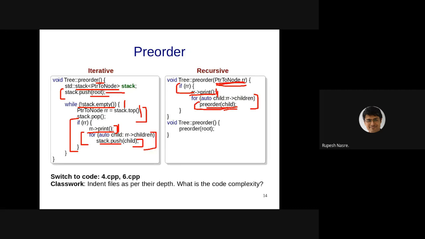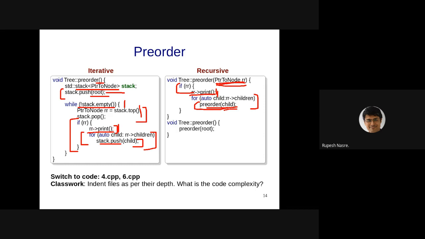So the small issue with the iterative code is that you don't have this context information, which was very nicely there when we passed indent as an argument, which means that we'll have to maintain that indent somewhere. Right? So one of the ways is that we can pair the values along when we are pushing a child node. Along with that, in the child itself, we can keep track of, let's say, the indentation level, or the stack could be of pairs rather than a single node. That pair consists of the node as well as the indent level. Right? So both are the ways that Yashwant and Mayank are suggesting.